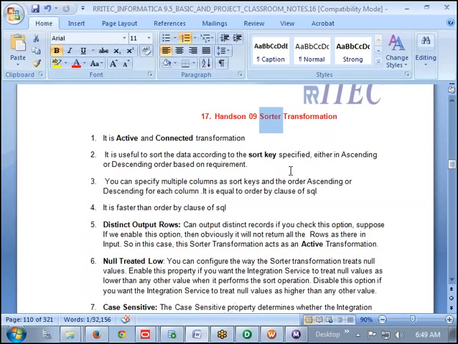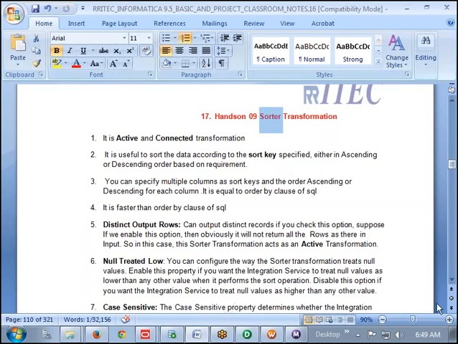Whenever you write order by in a SQL query, performance will slow down. But in Informatica, even if you use the sorter, performance will not be degraded. So the comment I want to make is, it is functionality wise same as order by, but performance wise better than order by.